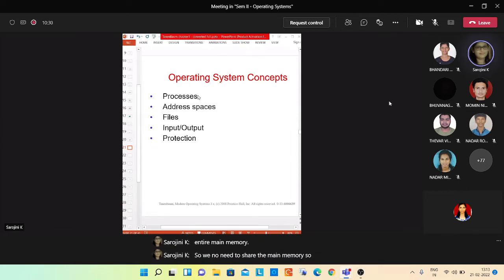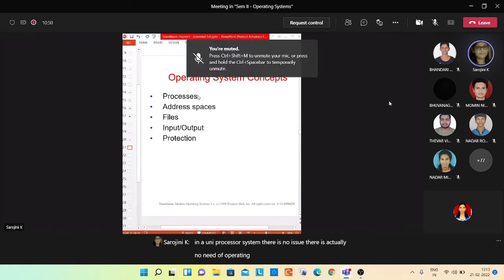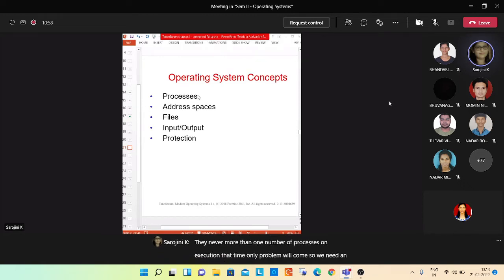That process will use whichever input output device it wants, whichever file system it wants. After that process completes the task, the next process will be created. So in a uniprocessor system, there is no issue. There is actually no need of an operating system at all. Whenever more than one process is in execution, that time the problem will come. So we need an interface called the operating system.